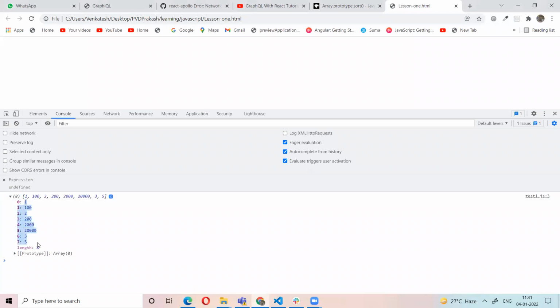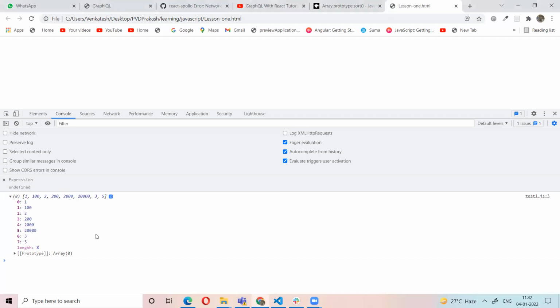But when sorting the array, it was not as expected. It comes differently. The numbers are not coming in ascending order. Why? What is wrong? We used the sort method, but the sort method is not wrong, because the existing sort method of an array sorts only strings, the alphabetical letters, but it does not sort numbers.